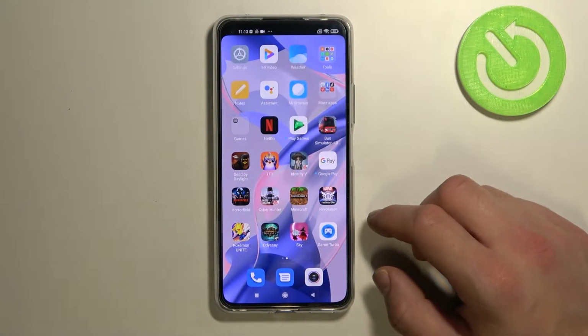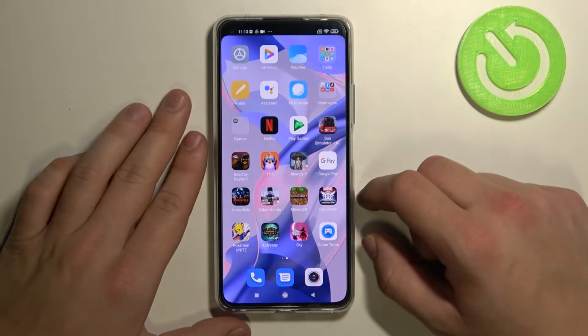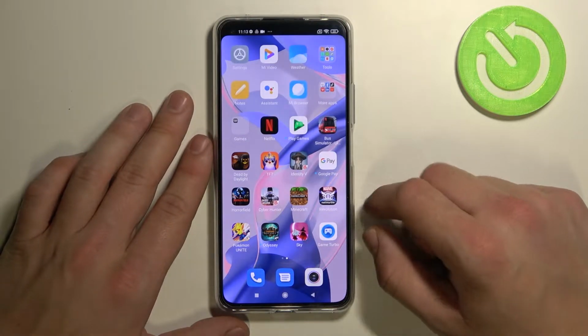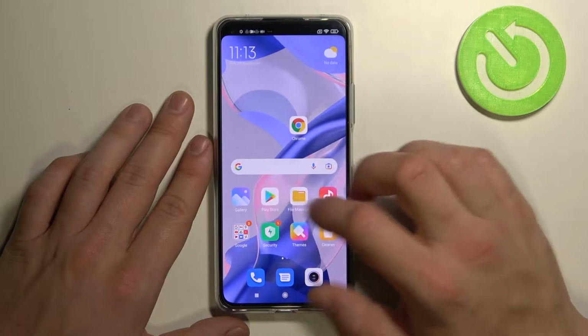Hello, in front of me I've got Xiaomi 11 Lite. In this video I'll show you how to change battery sound. In the beginning, enter Play Store